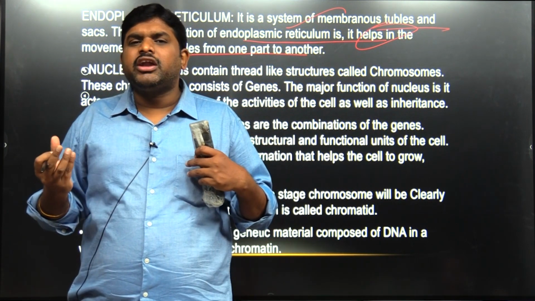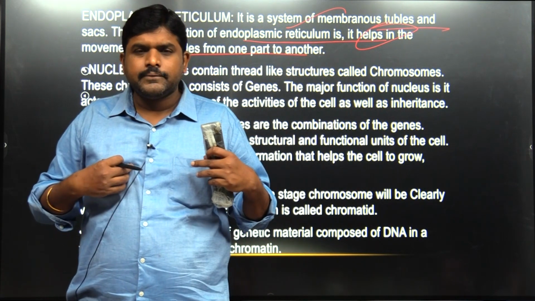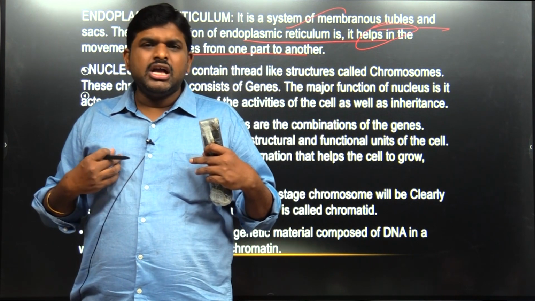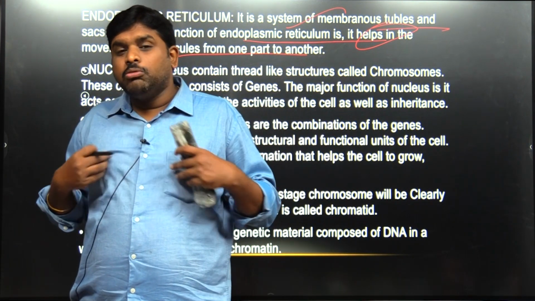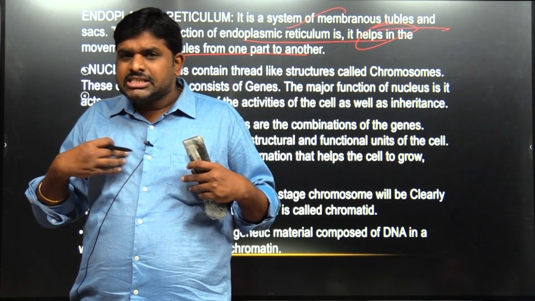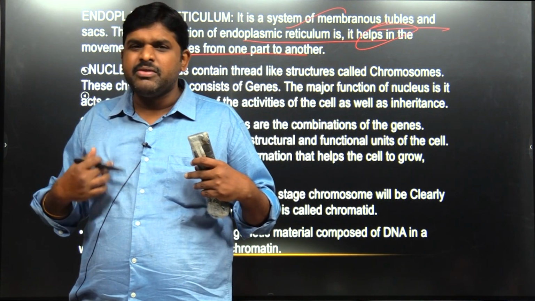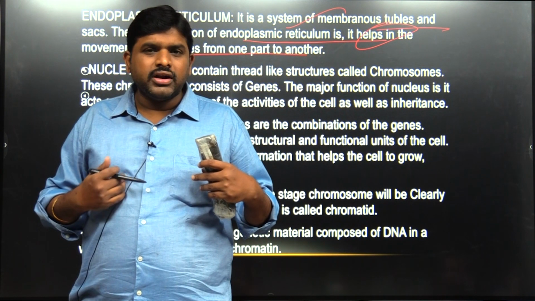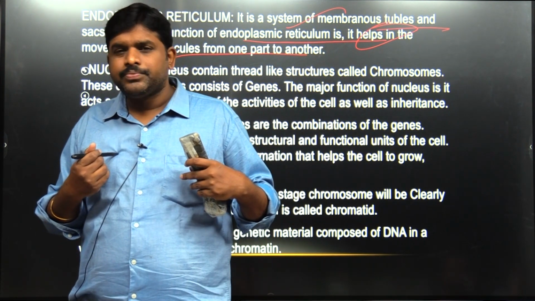For example, mitochondria is producing the energy. That energy should go to all the nook and corner of the cell. So, who is pumping this energy to the nook and corner? The waste is produced by every component of the cell. So, who is accumulating this waste? Endoplasmic reticulum is responsible for movement of the molecules. It might be energy, it might be waste, or sending the food from the cell membrane to the mitochondria. The endoplasmic reticulum will be acting like a transportation medium.